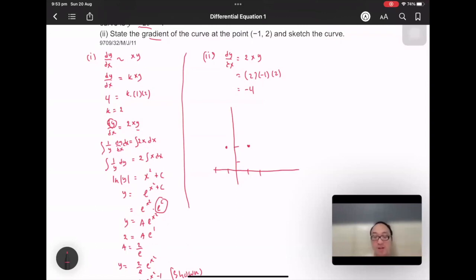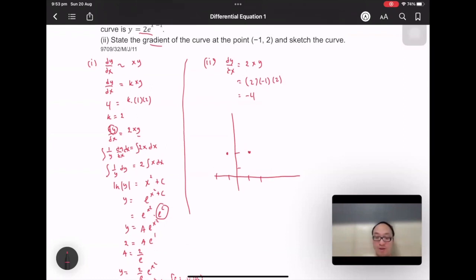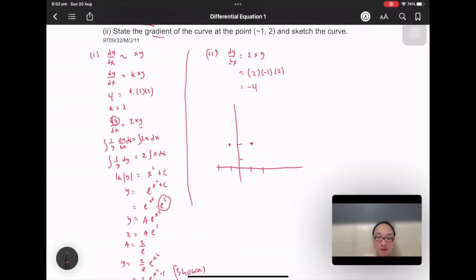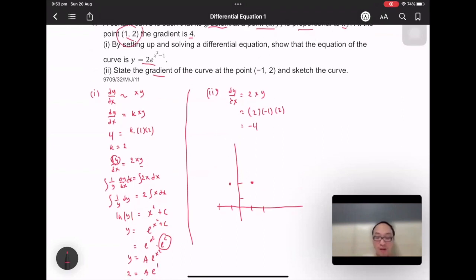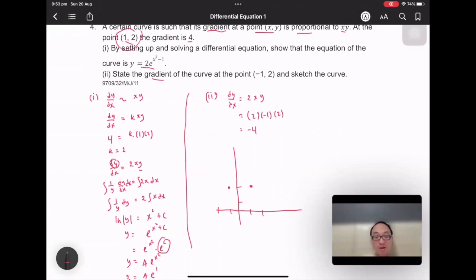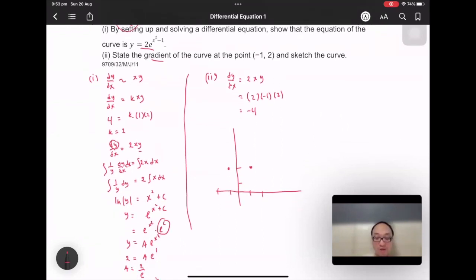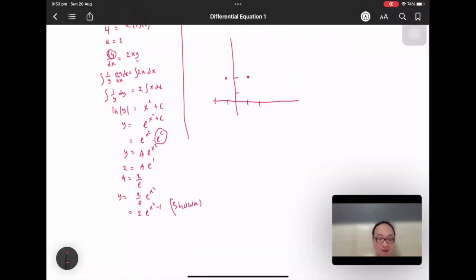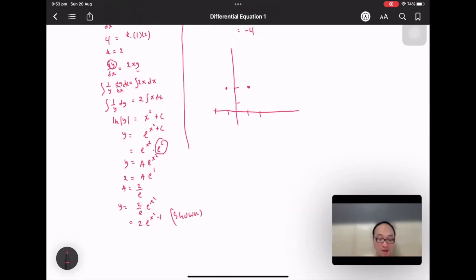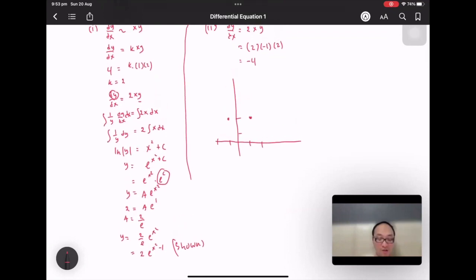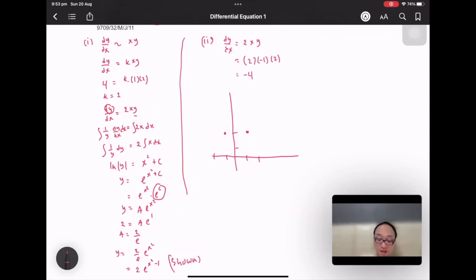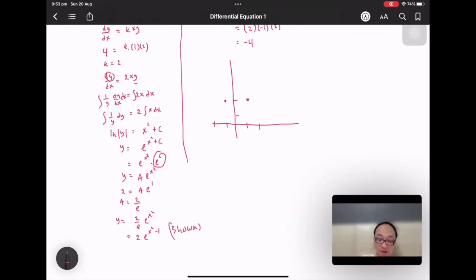It says that the gradient is +4 at 1, 2 and -4 at -1, 2. So from the equation, we can see that it will be increasing. So like this, if I put x equals 0,